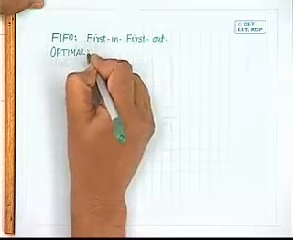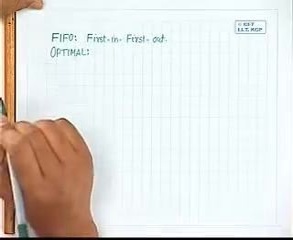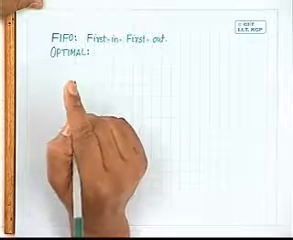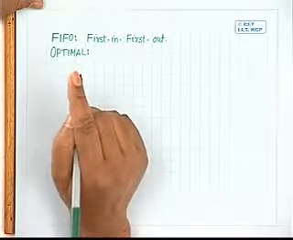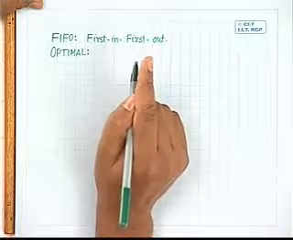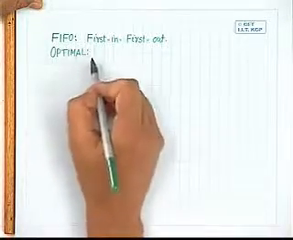Optimal means I cannot have anything better than this. Here what you try to do is, you replace that page which will not be referred for maximum duration in future. So if I replace a page which will not be referred in near future, in that case I'll have minimum amount of page fault interrupt, because I have removed a page which is not going to be referred